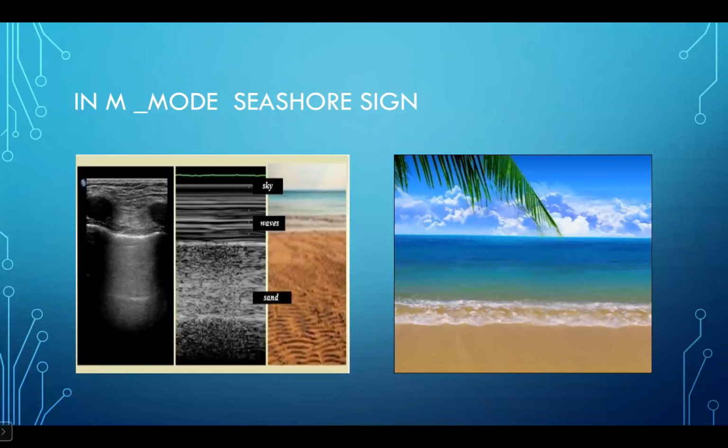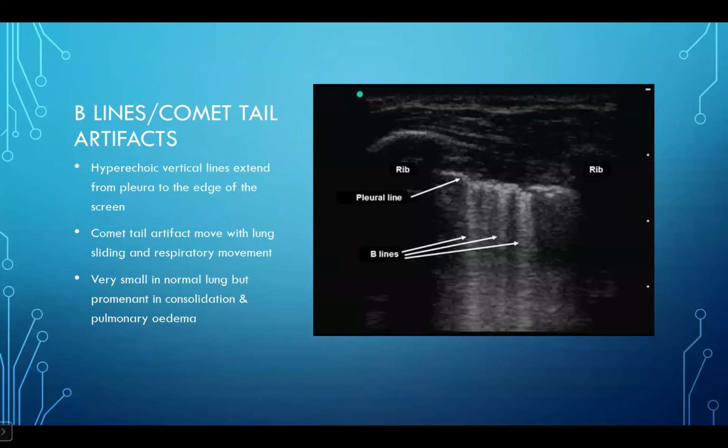B-line or comet-tail artifact is a hyperechoic vertical line extending from the pleura to the edge of the screen. The comet-tail artifact moves with lung sliding and with respiratory movement. It's very small in normal lung, but prominent in consolidation and pulmonary edema,